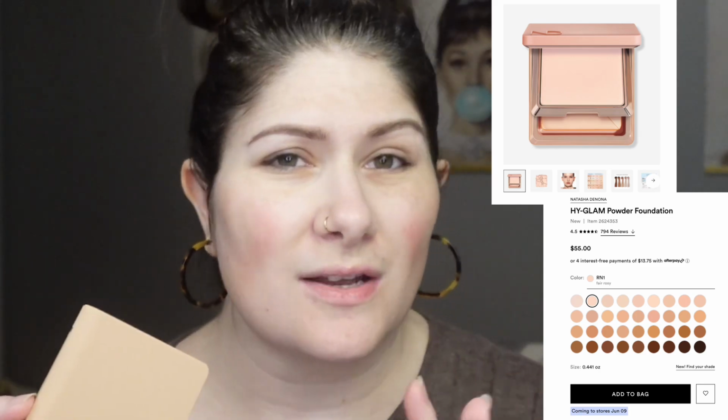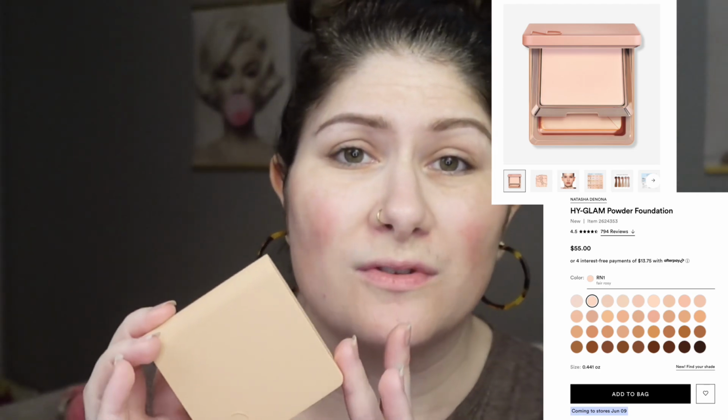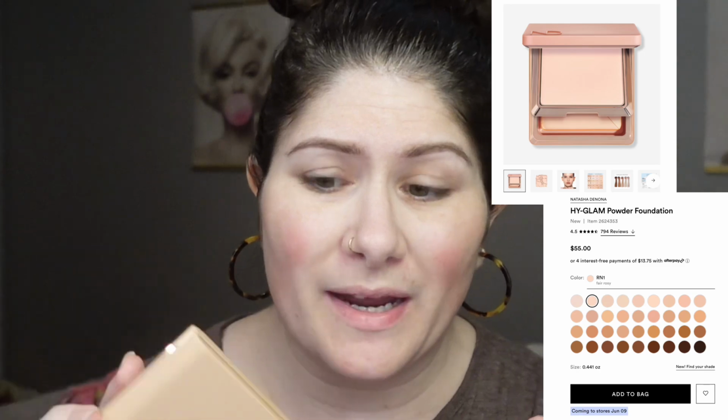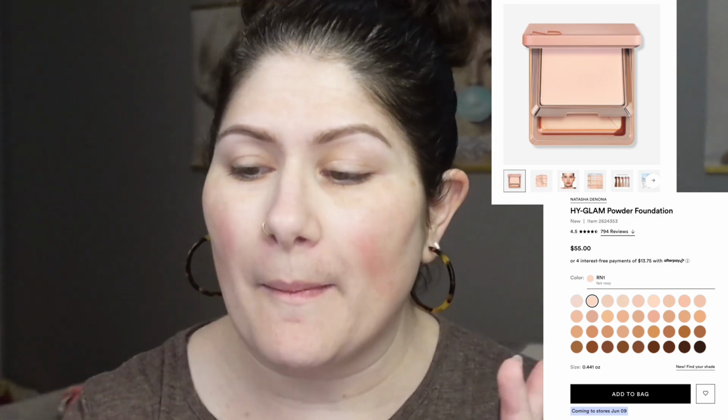This is the Natasha Denona High Glam Powder Foundation. When this was first announced, I was kind of reluctant. I was like, I've tried powder foundations in the past. They always seem cakey. They didn't really work well with my skin, but I've seen some really good reviews on this. So I thought I'd go ahead and pick it up for science. I do have the shade RN1. I will pop up some details about this, but before we do that, we're going to do concealer